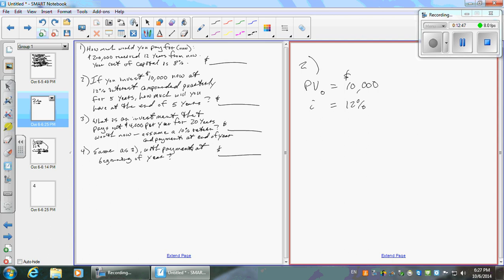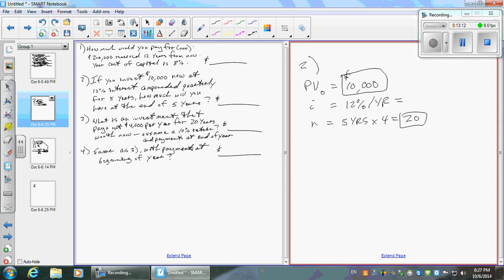So here we are. We've got 12% interest, but that's per year, right? What's my period? N is going to be what? It says 5 years, but be careful. What's it going to be? Times 4 for quarterly, so what's N? 20 periods. Everybody good? So I got $10,000 that I'm going to leave for 20 periods, and I want to